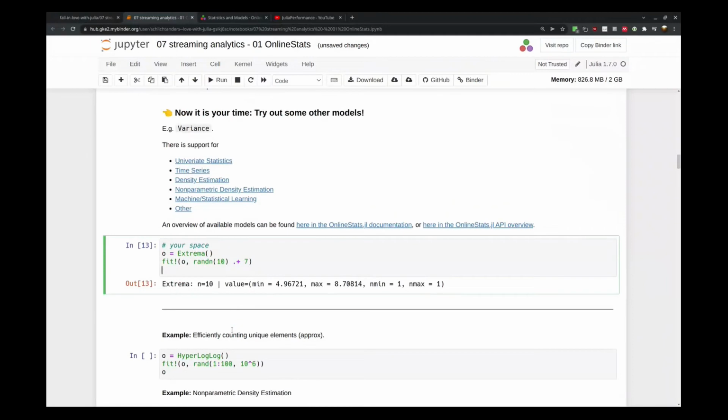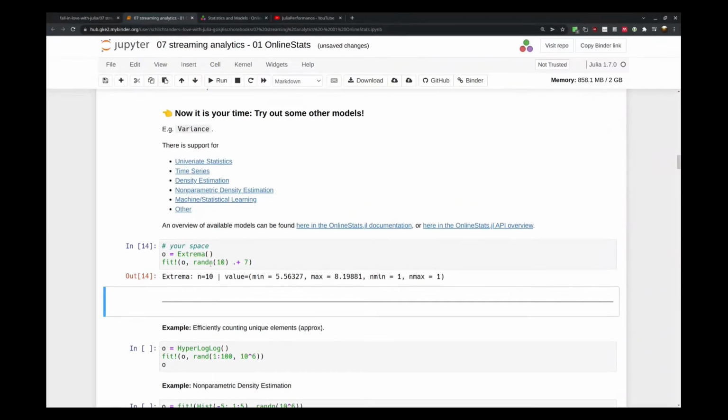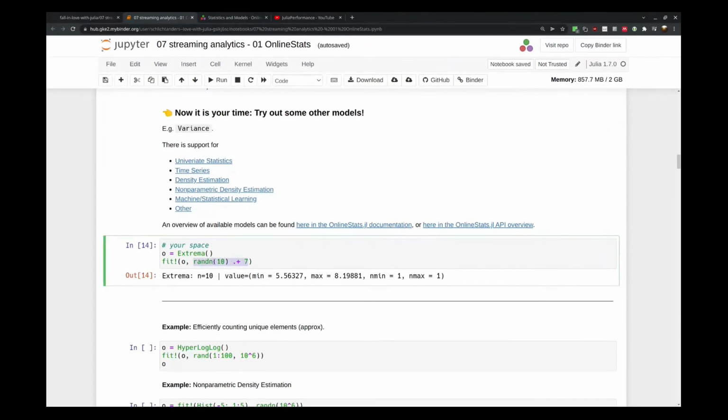I think this is even not needed. Let's take a look. This fit returns the online stat itself. Okay, so fitting this extrema on these numbers already produces a minimum value of more than 5 and 8, and